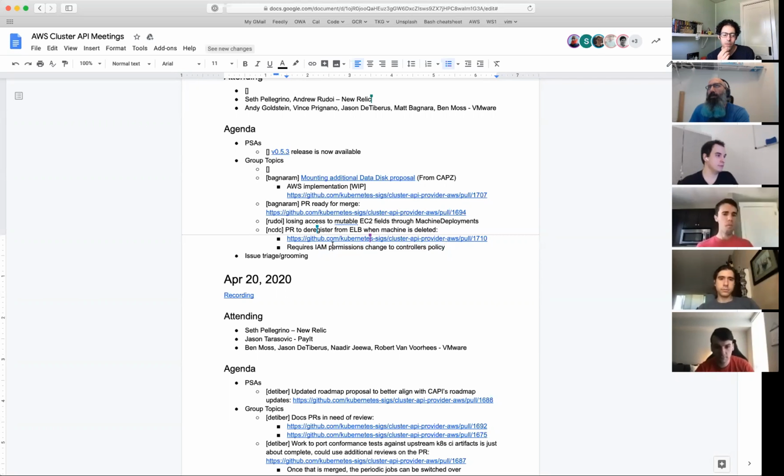We've had some internal requests from some of our teams that the addition of new IAM permissions is potentially disruptive to some of our clients, and it would be nice if we could find ways to make some of these changes optional, or at least have some sort of graceful fallback if they're not available. So